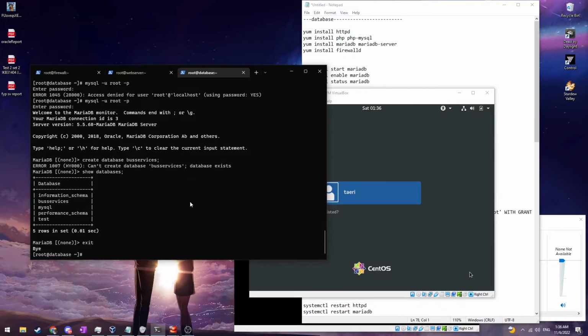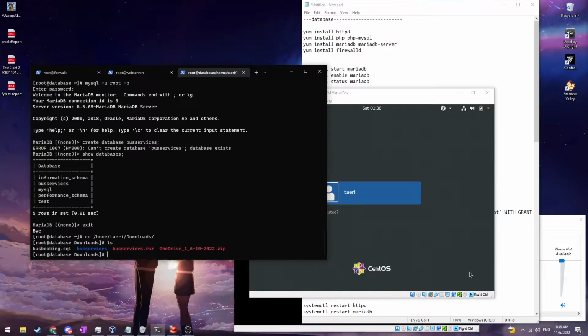And now we need to extract the database from the download. So we already downloaded it, and we need to direct to the location of the downloads. So we can see here we already downloaded the bus services, and then we need to extract using MySQL bus services, and then we extract the